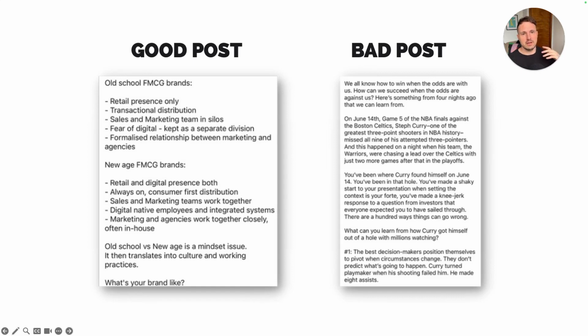So here's an idea of a good post and a bad post. This is just structure. Specifically, this one hasn't got a hook on it. But what I wanted to show you visually is that this one is a bit of a block of text. It's quite difficult to read. Whereas this one is nicely formatted. As you can see, the bullet points cascade to the right. It just looks good, and it's got a call to action at the end.